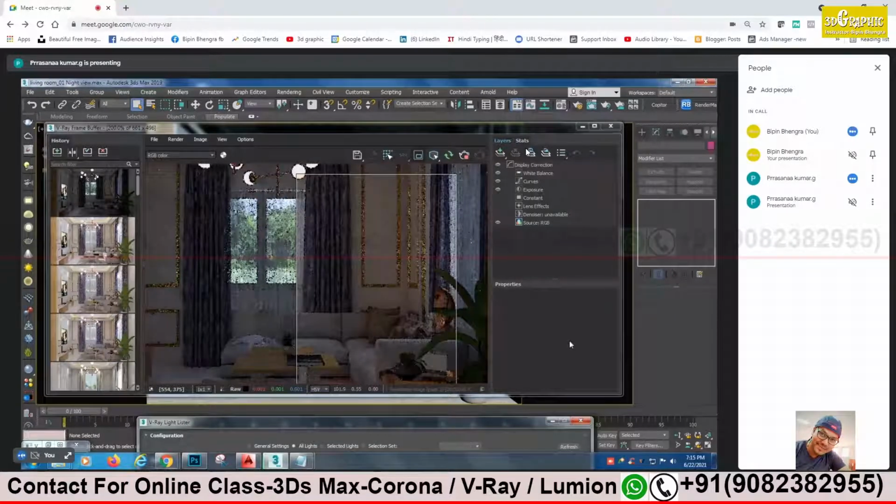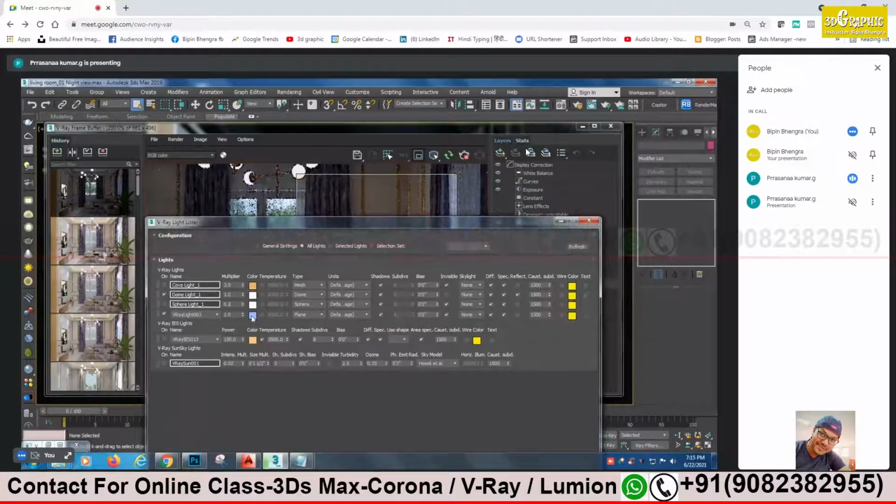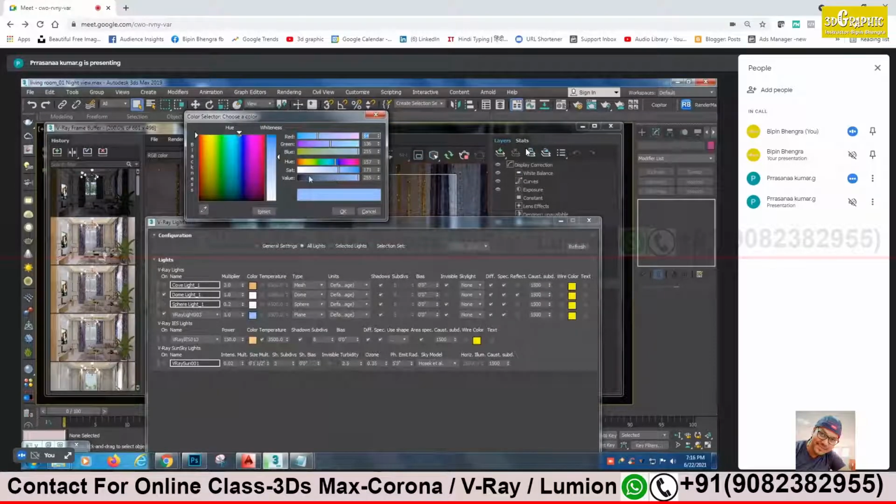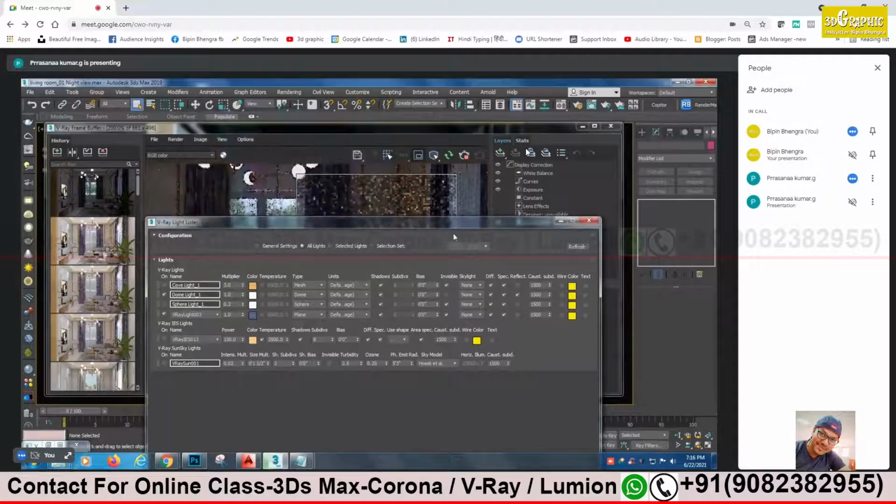Light intensity is good. There's no more light needed, but I want it to be a little more blue. Can I have a little more blue kind of effect? Sure, sir. I have to darken it more now. See, just dark a bit.